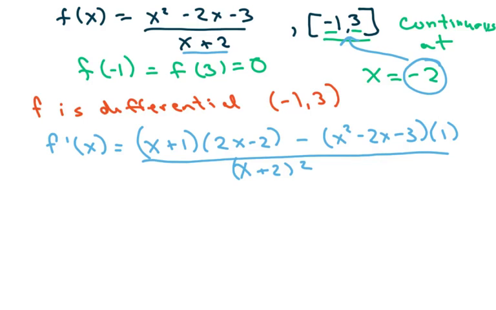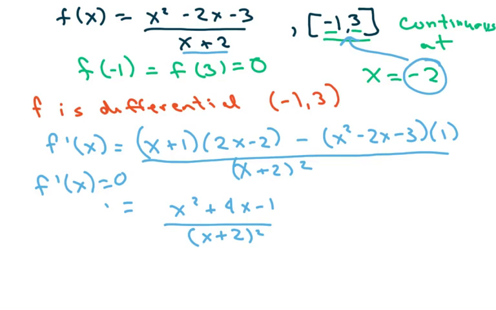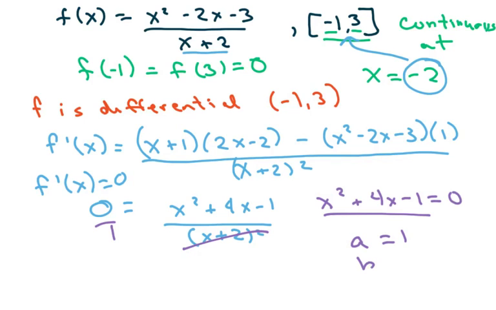And my numerator is going to end up being, clean all this up, you're going to get x squared plus 4x minus 1 over (x plus 2) squared. Now we want our derivative to equal 0. So I set that to 0, and what happens is the denominator cancels out, and so we actually have x squared plus 4x minus 1 equals 0. Therefore, we can't factor that, so I'm going to have to use the